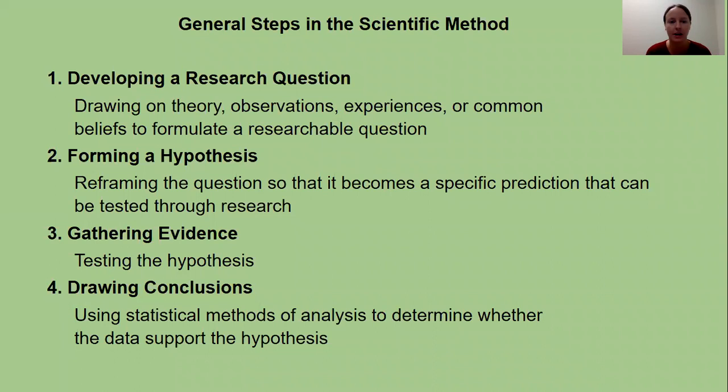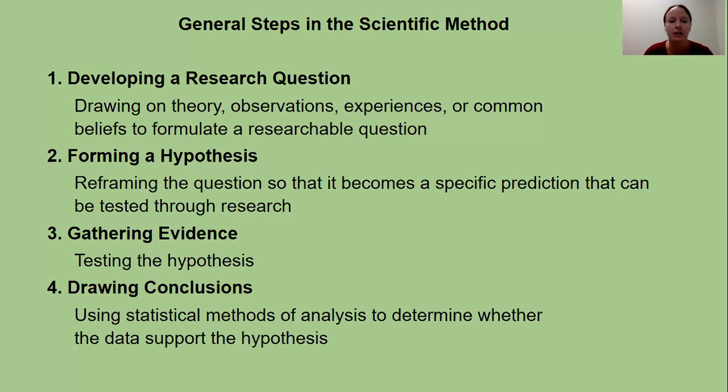So the first step to any kind of research is, of course, coming up with a question. Coming up with some kind of interesting research question that you want to investigate. Now, you may get this question or this area of interest by looking at previous theory in a particular area, observations that you've experienced in your day-to-day life, things you've seen in the world around you may provide motivation to test out a certain idea, or just your belief system. All of these different influences can impact the kinds of questions that we ask and the kinds of questions that we research as a society.